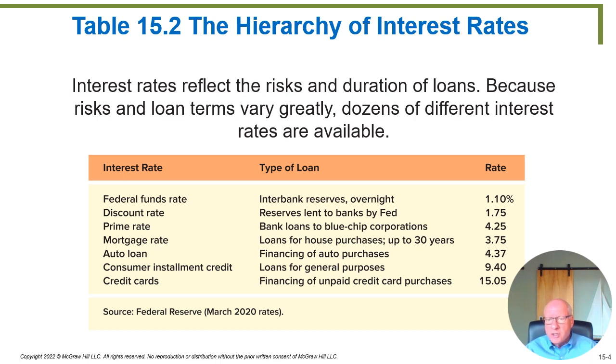These are unsecured consumer loans, not a second mortgage, because a second mortgage will be closer to the first mortgage. If the bank knows they can get your house if you don't make the payments, they generally are quite secure in their knowledge you'll make the payments. But on a regular consumer installment credit, like let's say buying a washing machine and a dryer combo, and you take out a loan for that, there's not much to repossess there, and so generally speaking, those loans have high interest rates. And then of course the highest ones of all would be credit card loans, because there's literally nothing